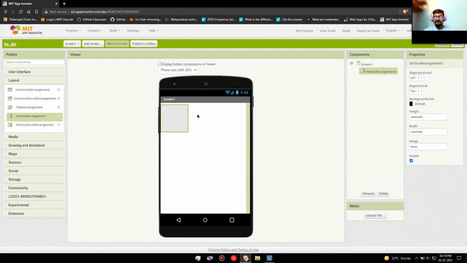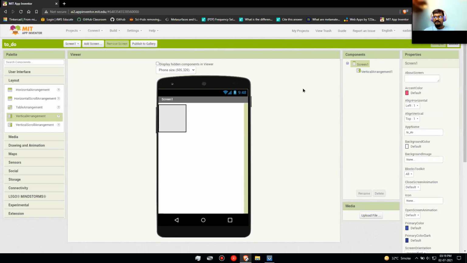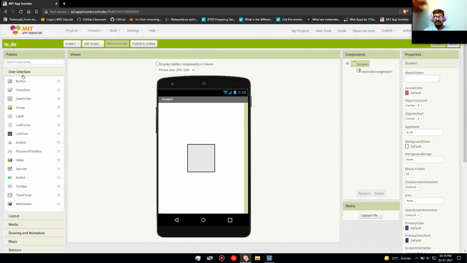And then click on screen 1, that is under components tab. And then you will see align horizontal and align vertical. So make it center. Okay, done. Now you have your outline ready, so you can drag in the components.